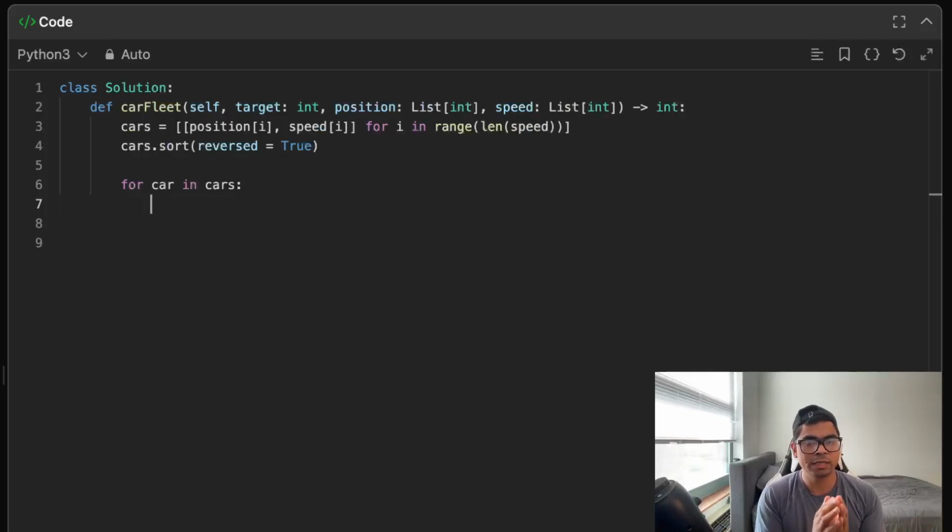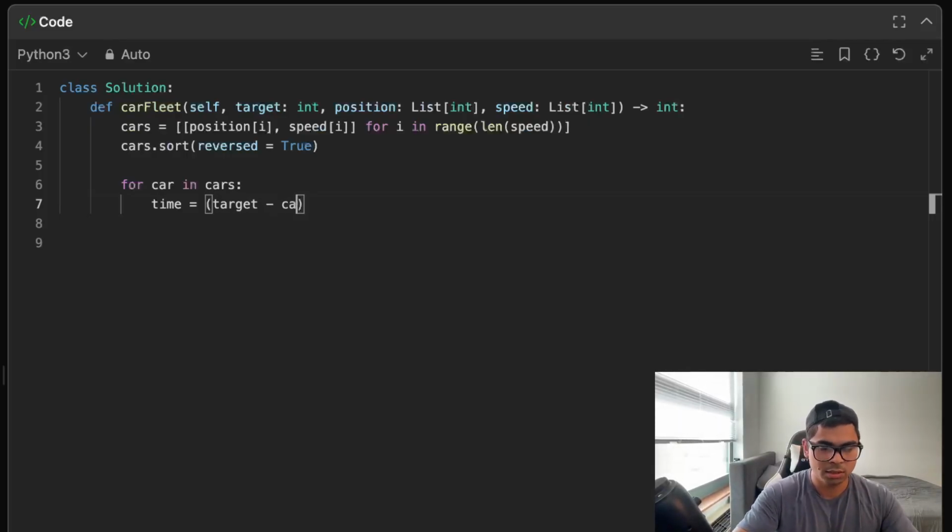So for this car to reach the target, let's calculate the time. So time would be target position minus its current position. What is its current position? It's at the 0th index. Current position for this car divided by the speed. What is the speed? Car at first index. This is the speed. This is the second element. Now this time,